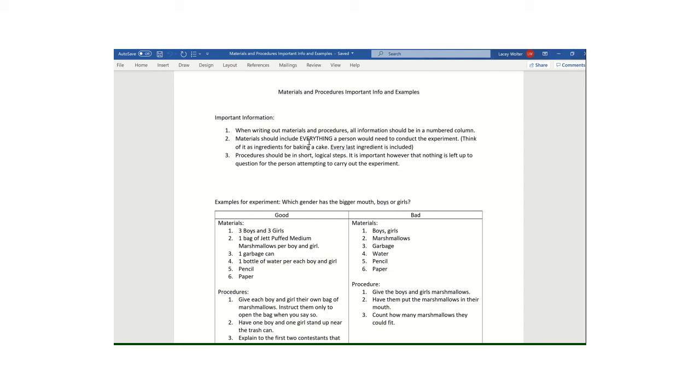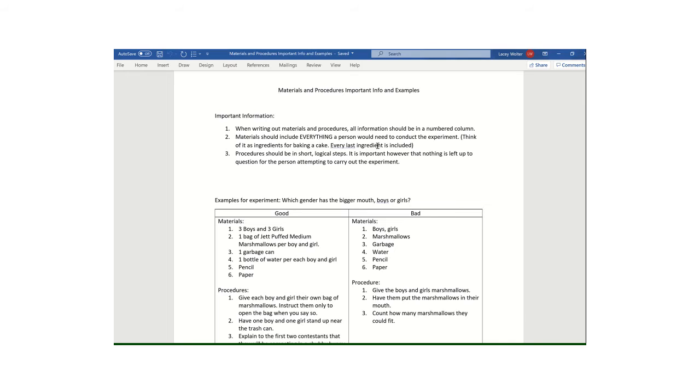Secondly, your materials should include everything a person would need to conduct that experiment. Think about it like baking a cake. It includes every last bit of ingredients, and it's really important you do the same. Step 3, your procedure should be short but logical steps, right? It should make sense the order that they're put in. You wouldn't say put the cake in the oven if I haven't mixed the ingredients yet, okay? It's important that nothing is left to question,